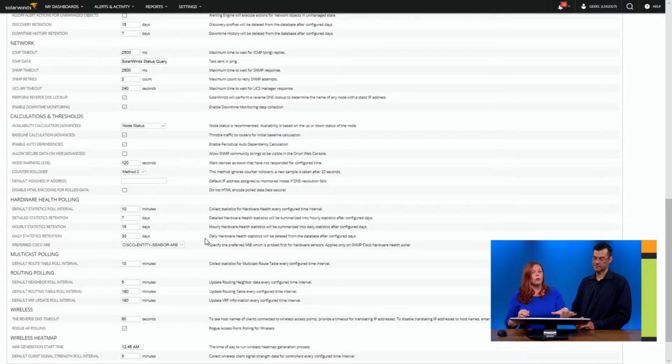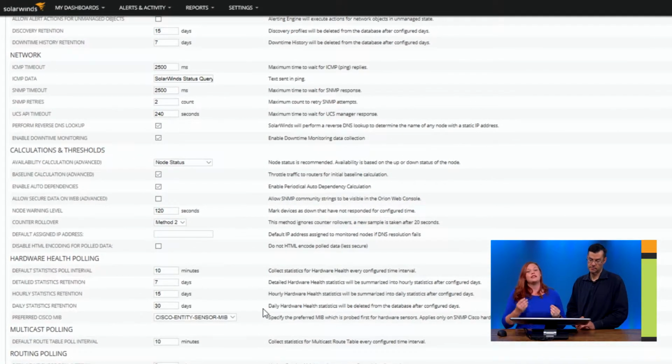Right. This is global. So when you make this change, that's something to think about, because it's going to be a global change. You don't want to skew the data. Your SNMP timeout is a global change too, right? This is one of those things that you have to think about. If you have a WAN connection, something that's long distance, that takes a little bit more time. Hopefully it doesn't take that much time, but sometimes it can, especially depending upon the media it's traveling through. So you need to be self-aware of your network and the infrastructure that you're monitoring.